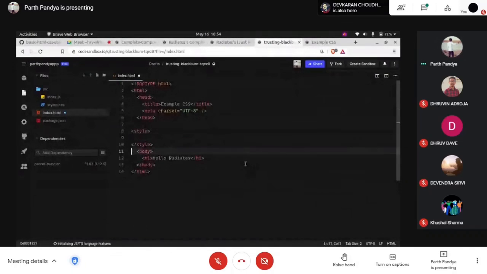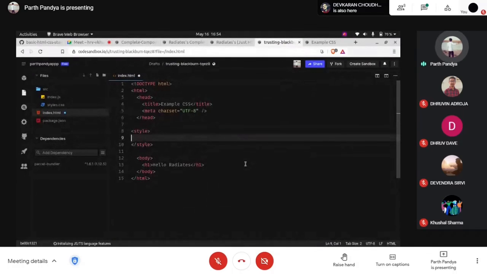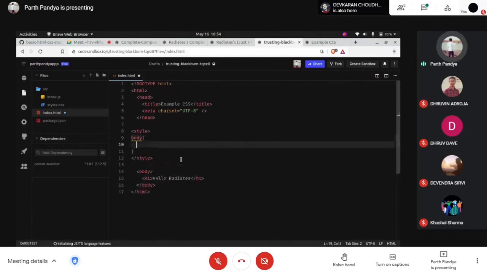Here's how we can add this style block, and we can target any HTML tag. Body is an HTML tag. So I'll write body and then open these braces. This is the basic syntax of CSS, opening and closing brackets, and between that I will add the CSS properties.